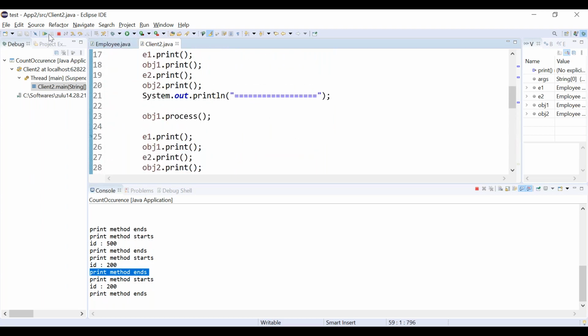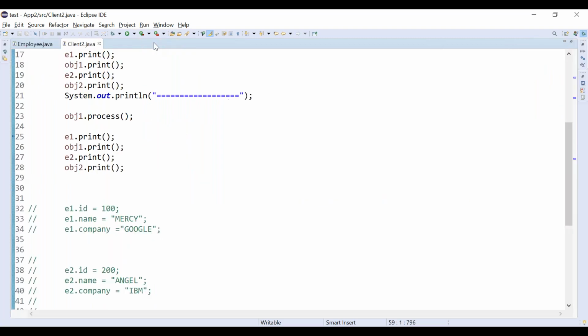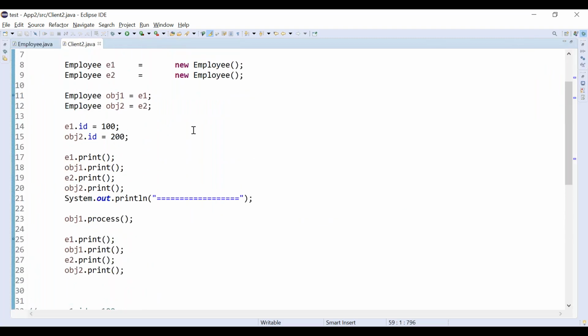What we are trying to understand is simple. You can create any number of objects, and any number of objects can be pointed to by any number of reference variables. Correct? I think it makes it very easy for us to understand. If we understand it in a better way like this, we can experiment with it.